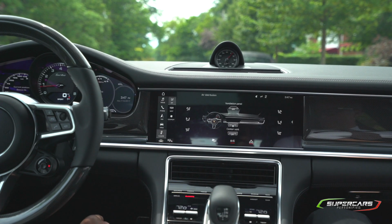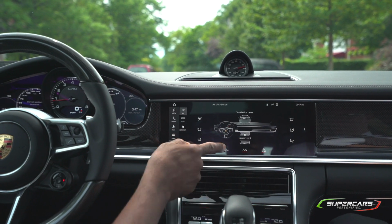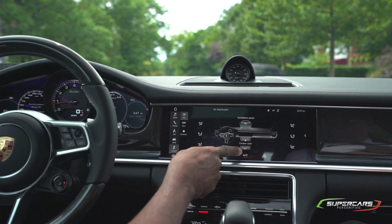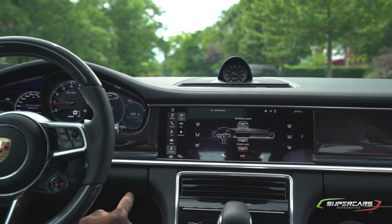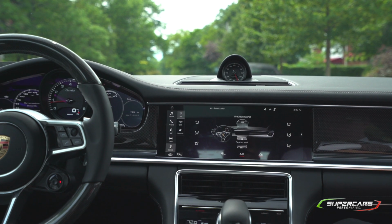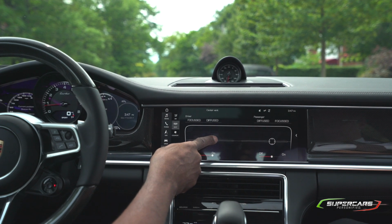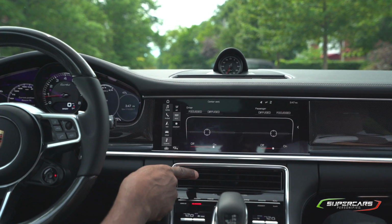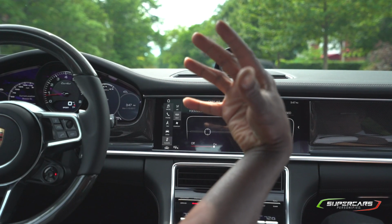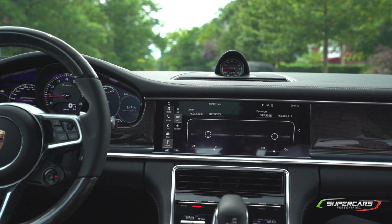The cool thing is on this vent here, you can open and close it. There's another vent here. There are vents all over the car, but there's a central vent here which opens and closes automatically depending on how you set it up. Right now it's in the off position. We are going to, and there it is. It goes completely closed. We can then turn it on. And you can either have it focused or diffuse. What you may not be able to see is inside here are additional slats which either open it up or close it. So it's actually kind of nice. And the passenger has their version versus the